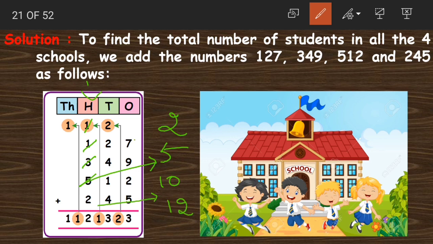Students, what are we doing here? We are simply adding two numbers at once. 1 plus 1 became 2. Now we are adding the next number to it, which is 3. 2 plus 3 became 5. And again we are adding the next number and so on till we get the answer. Yes, we are having 12 here.